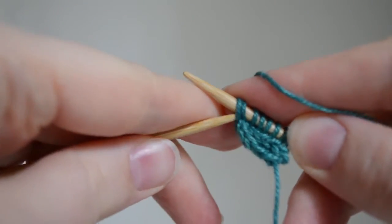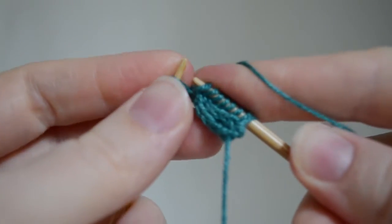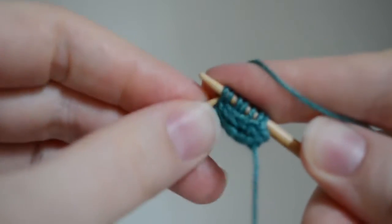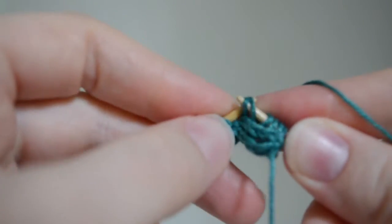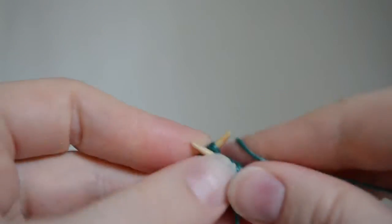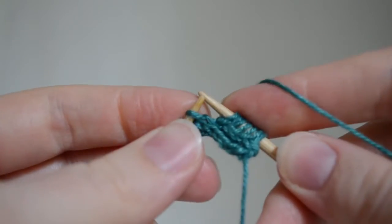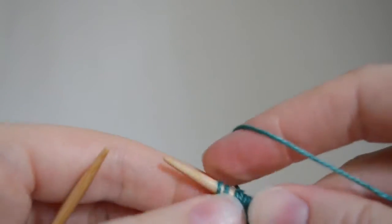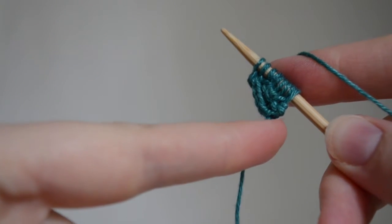Slip 2 back. Last demonstration. Knit 2. Using the knitted cast on method, sorry about that, cast on 1 stitch and slip 2 back. You have a nice hard edge on this initial cast on with the long tail, and